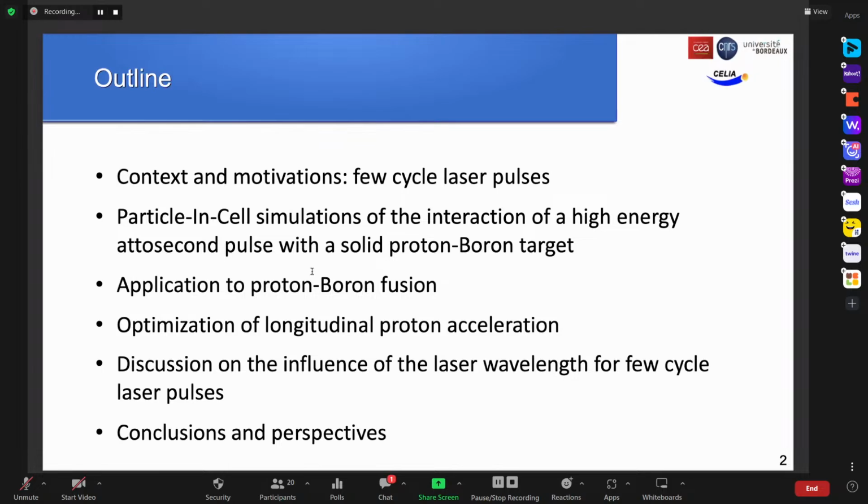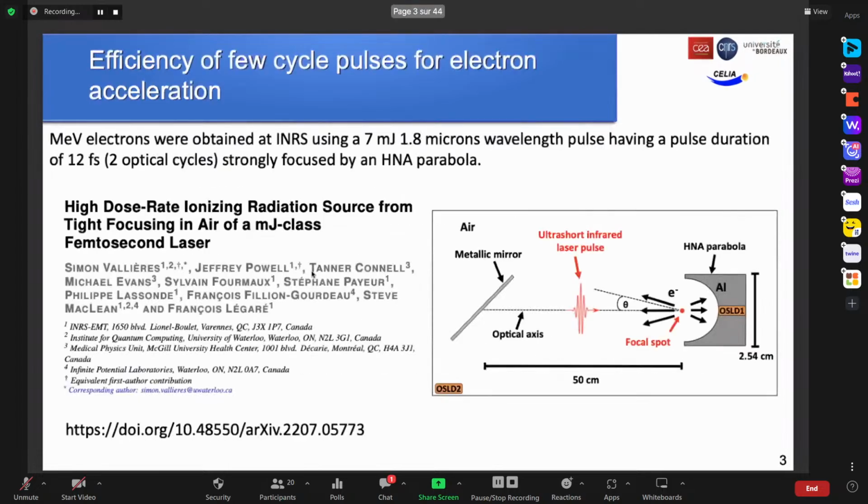So first, as I said, I wanted to review some recent results that were obtained first experimentally on this slide, and then more with particle-in-cell simulations on the next slide, using few-cycle pulses. So here, I wanted to show the results that were obtained by a group from INRS near Montreal in Canada, where they